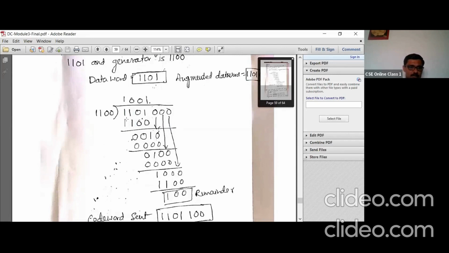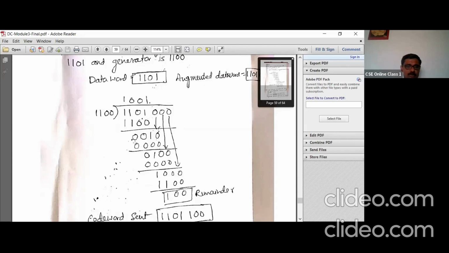Here the leftmost bit is 1, so I have taken 1100 as the divisor. After performing the XOR operation, 1 XOR 1 is 0, 1 XOR 1 is 0, 0 XOR 0 is 0, and 1 XOR 0 is 1. So we take this 0 down to here.